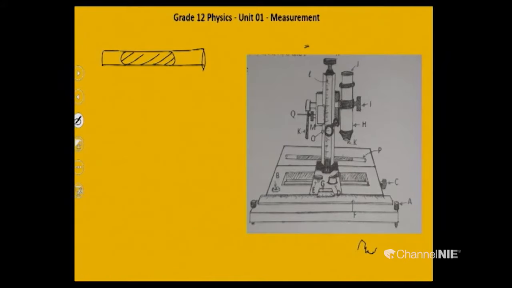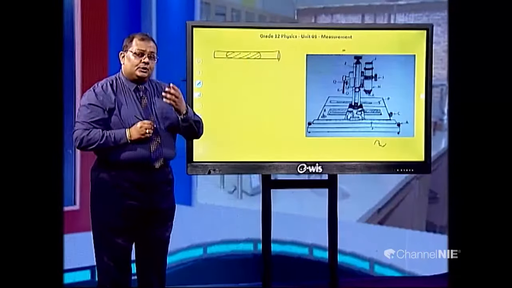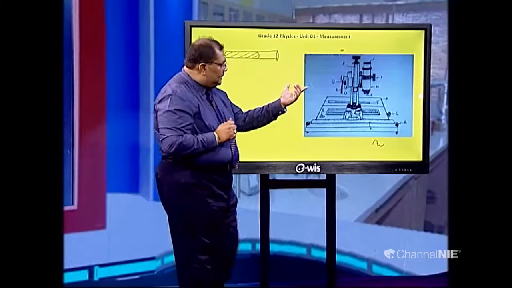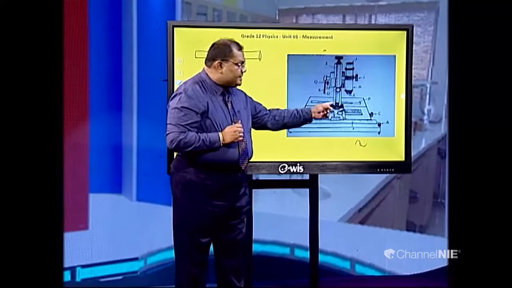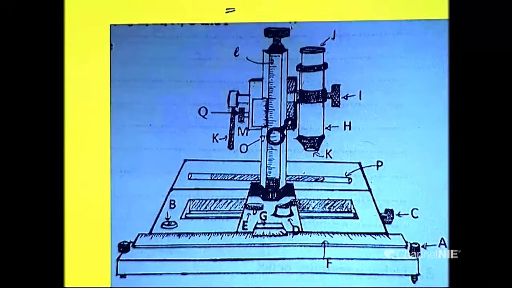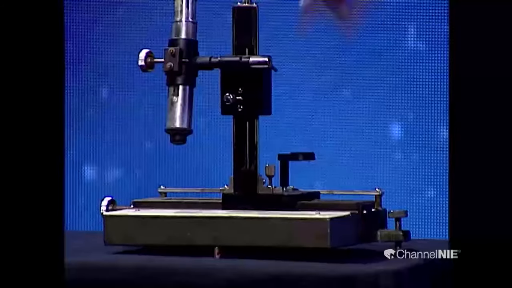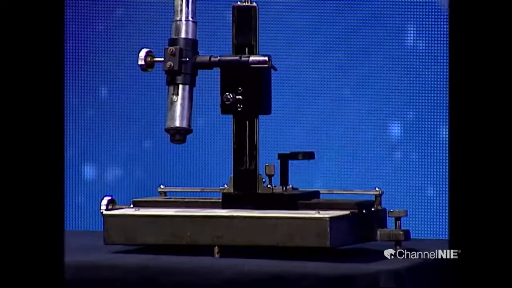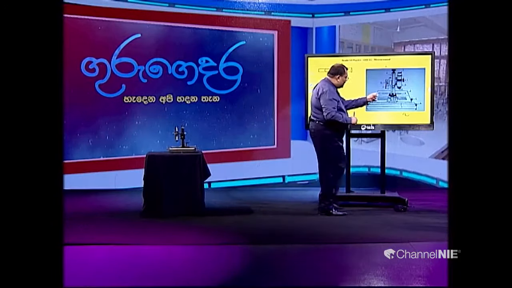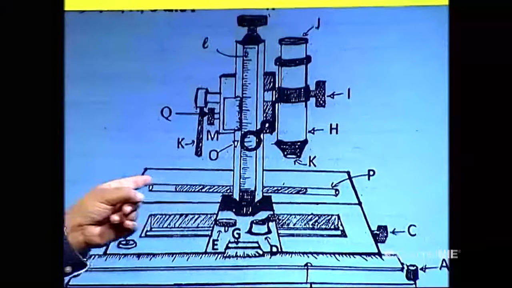We can measure the length of this mercury pellet. To measure the length of that mercury pellet, the tube should be placed on this platform. Here you can see there's a platform. This tube can be placed on this. After that, we can measure